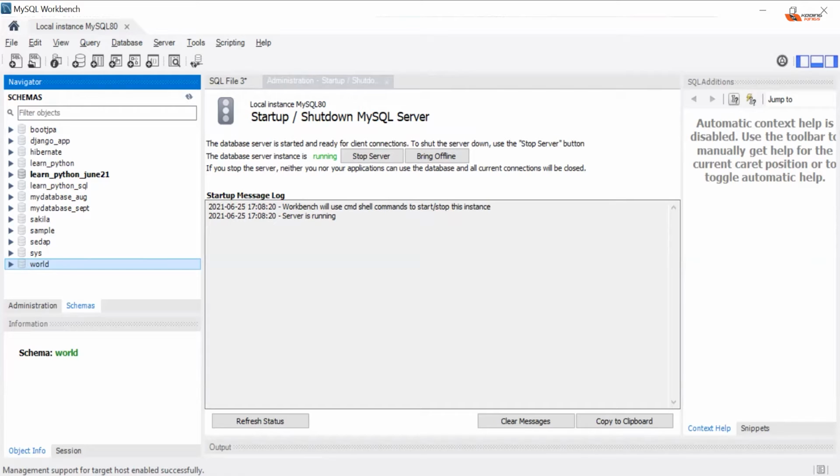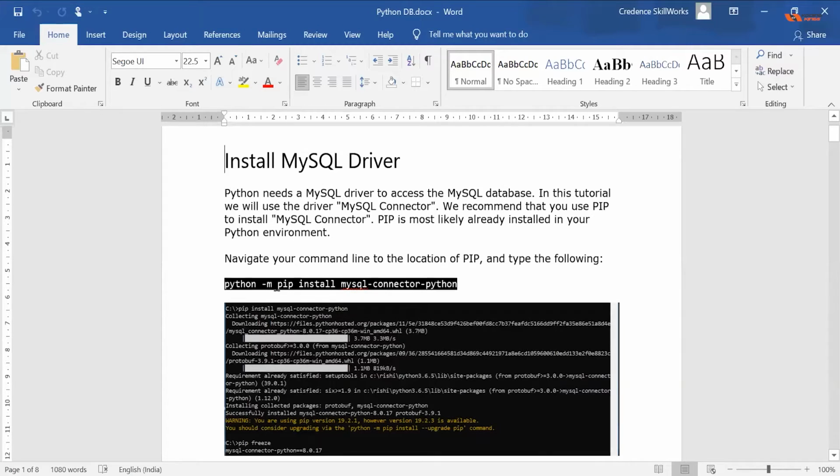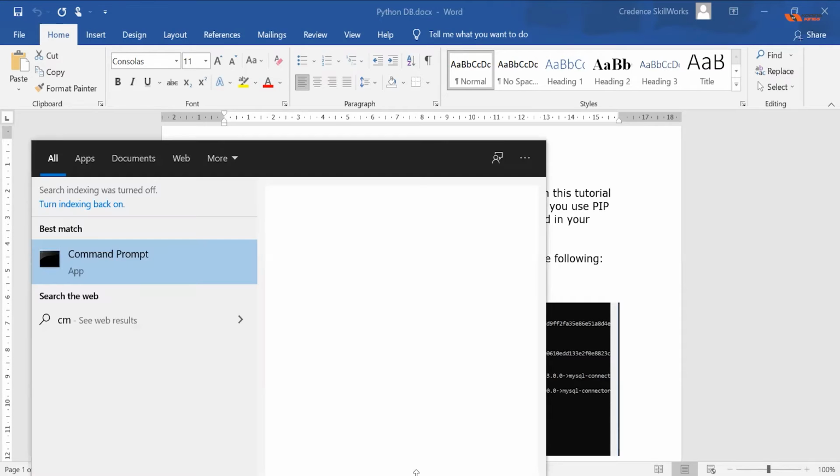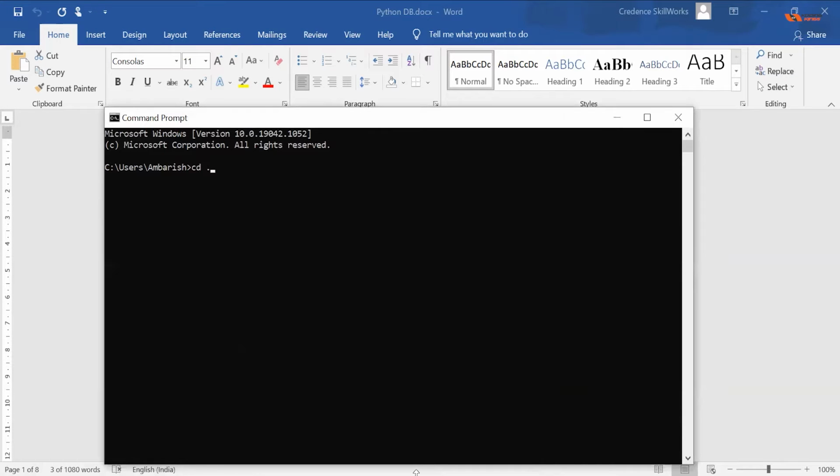Now, what about Python's connectivity to MySQL? For that, you need to use the PIP installer. PIP is the Python installation program. In PIP, you will tell it mysql-connector-python. I'm going to give you this command. This document is given to you or will be given to you, so you can use that, but you can run this particular command right away: pip install mysql-connector-python. I'm going to do it right now. I'm going to my command prompt, cmd, and open that. Then I will just start. You can go to your Python folder and start working on it.